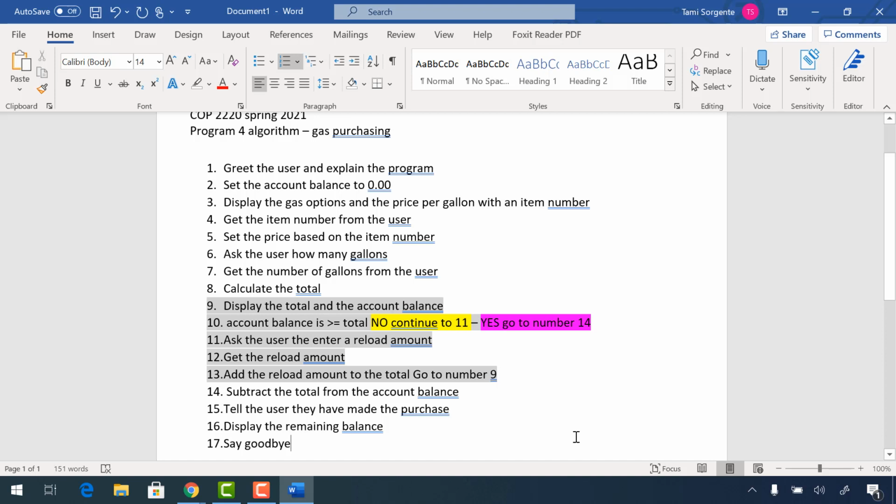All right, so let's go over this. You greet the user, you set the account balance to 0, you display the options, you get the item number, you get the number of gallons, you calculate the total. That's a very big step. Then you display the total and the account balance. Is the account balance enough to cover the total? No, it's not. So you're going to continue, have them add a reload amount, get the reload amount, add the reload amount